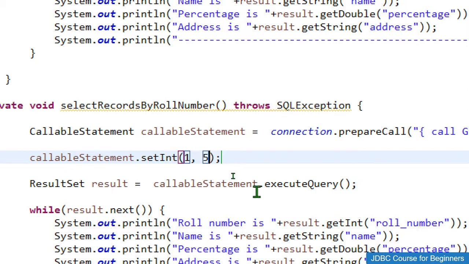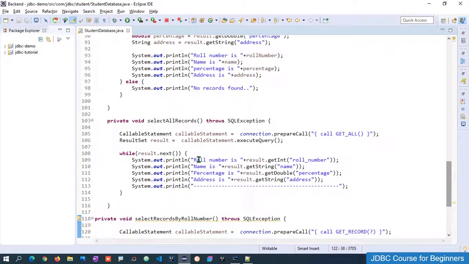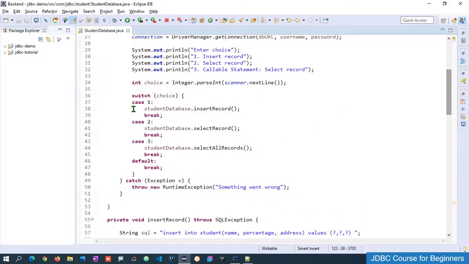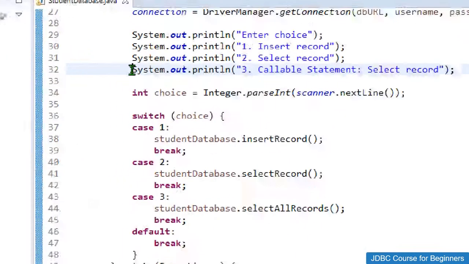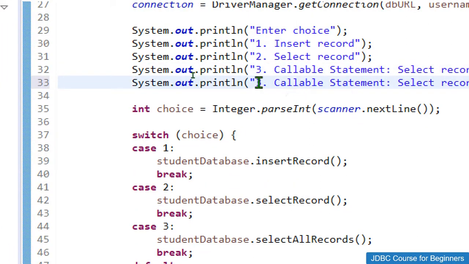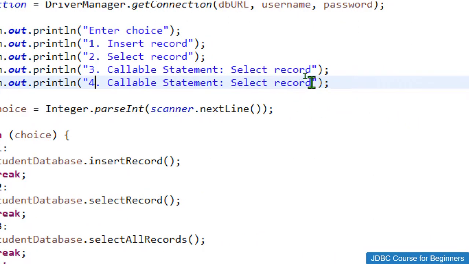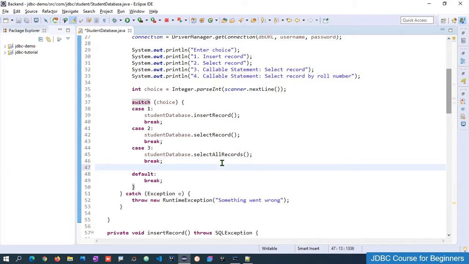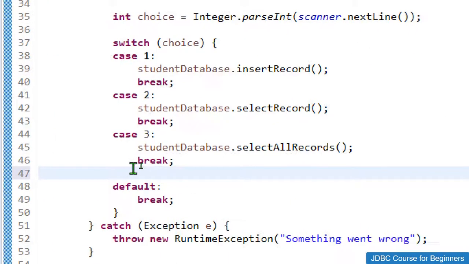Now let me save this, and let me add some code into this switch case as well, because we need to call the new method. So let me copy this System.out.println, and as option 4 I will give "callable statement select record by roll number", so that the user will get to know we need to call the record by the roll number.